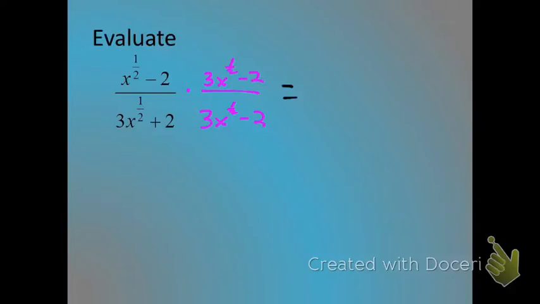This is where your FOILs can get a little nastier with the fraction exponents, so just be careful with those. Do the top first. So x to the 1/2 times 3 x to the 1/2 gives you 3x, minus 2x to the 1/2, minus 6x to the 1/2, plus 4,